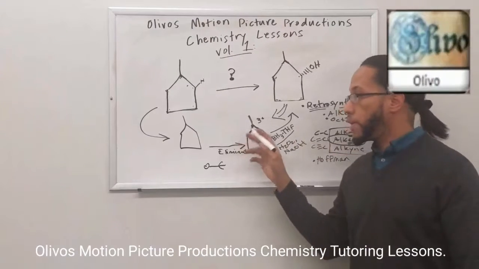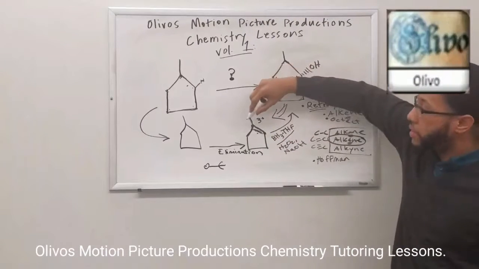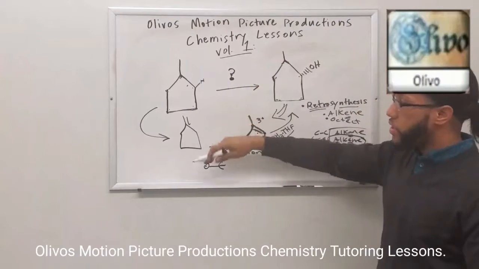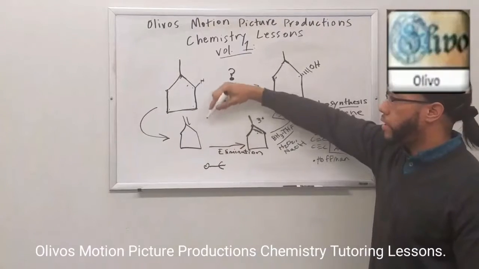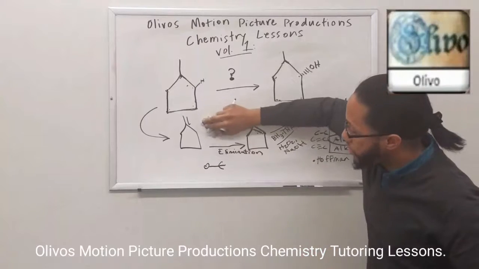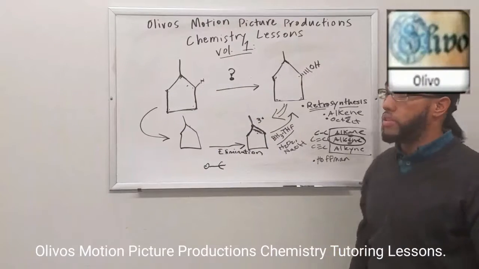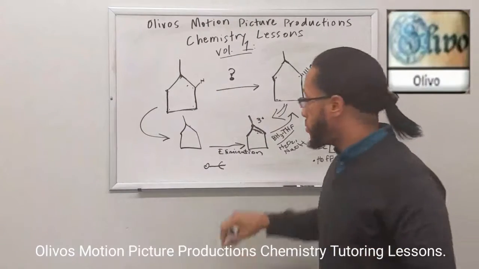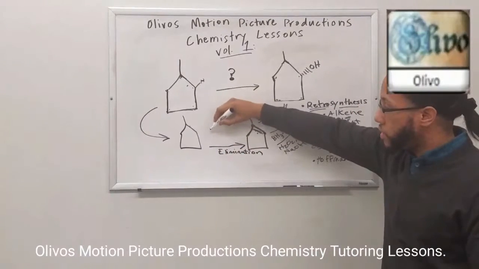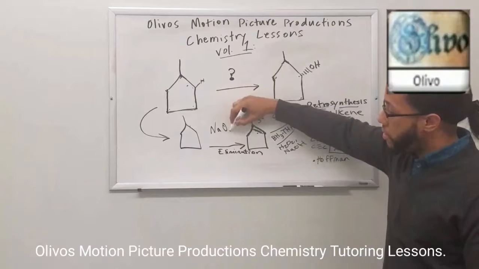But we don't want it on the less substituted site. This alkene, we want it right here, because you could have an alkene on this side. That's possible. You could definitely use a reagent and make the alkene go there, but you already have the alkene here on this more substituted site. So when you want an alkene on a more substituted site, you want to use not a bulky base, but something that's kind of fast. In my case, let's use NaOMe